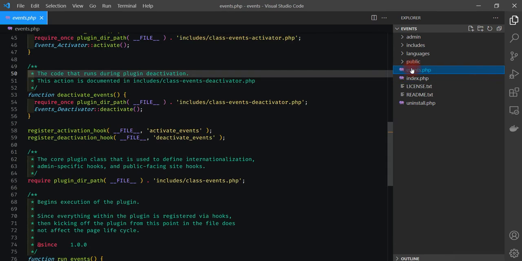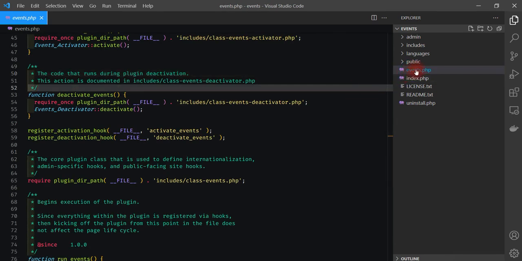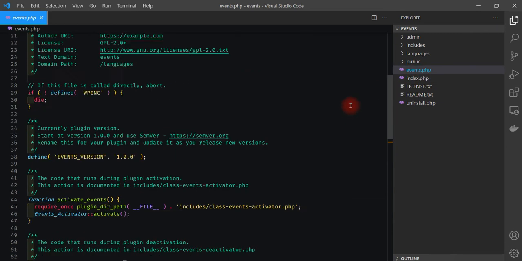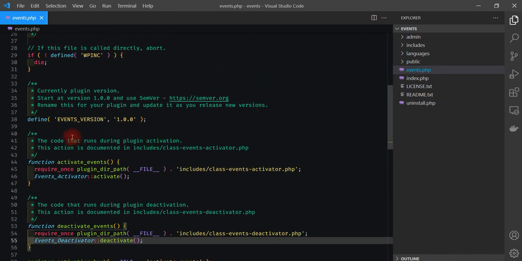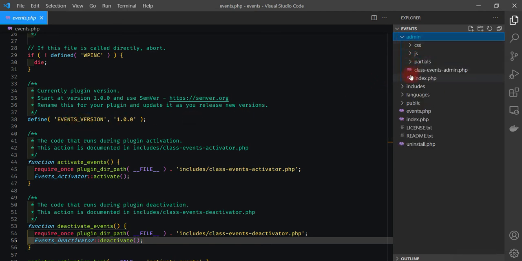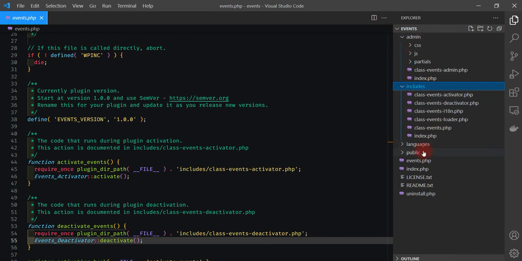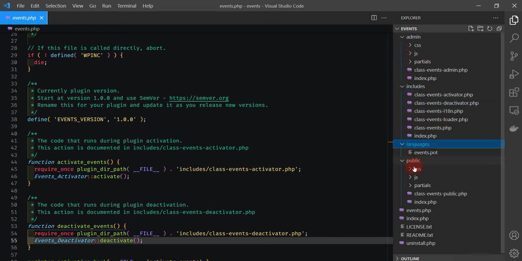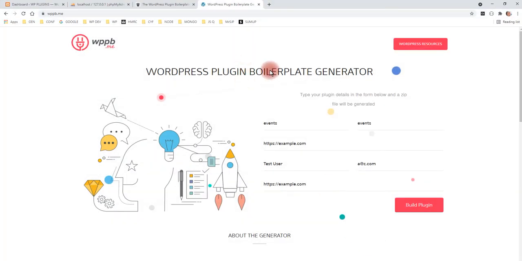This is the main plugin file as if you were making it. If our plugin was events, here is the file events.php. And by default, one of the main things that we basically work in is global constants. If we have a look, it's basically our global constants here. We have the admin section, which we'll go through, the includes for both admin and public, and we also have our languages folder. So that's how you can create the template, and it's best to use this here because all